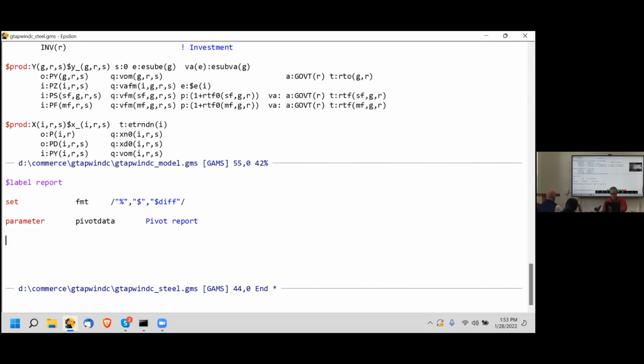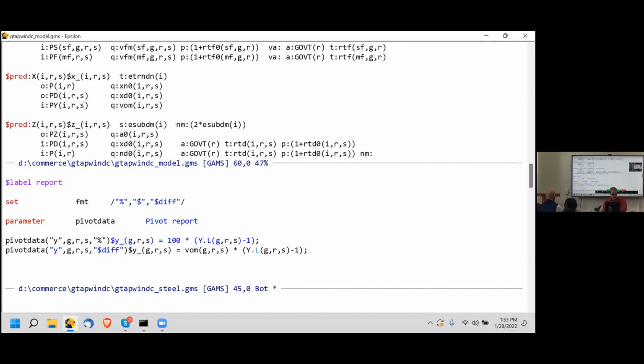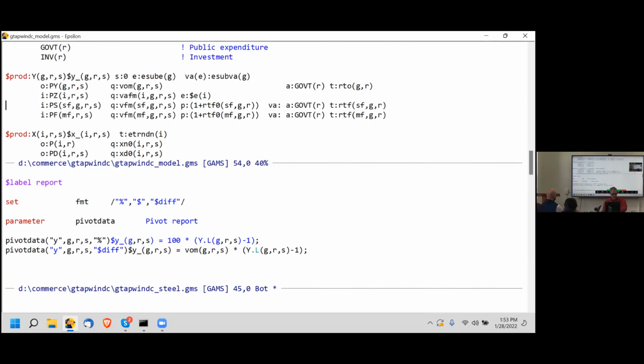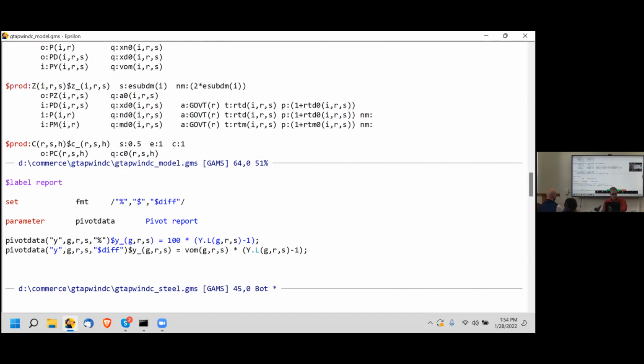Right? And if I look at dollar difference, that's going to be this guy times VOM GRS. So that's the dollar change in output, right? At benchmark prices. And then let's see what else we want to say here, that's the